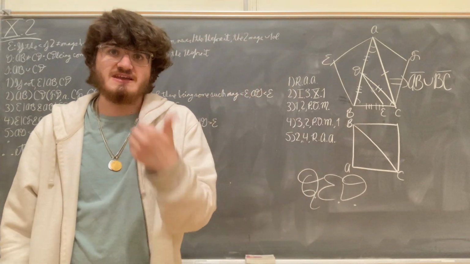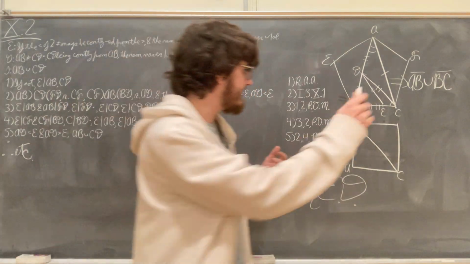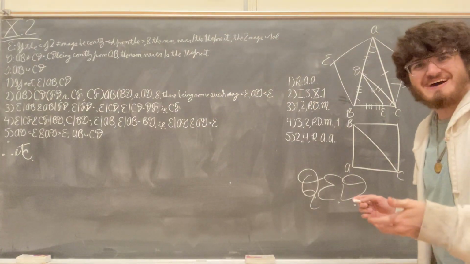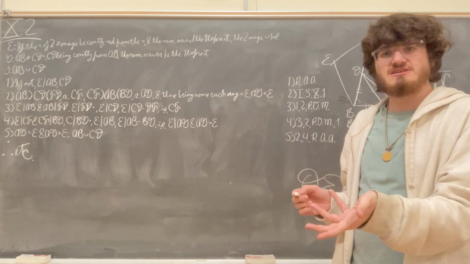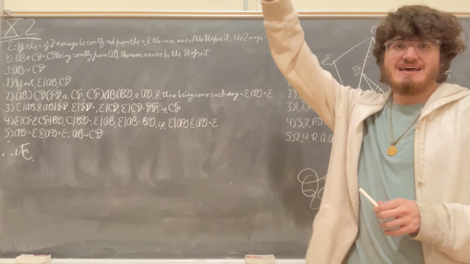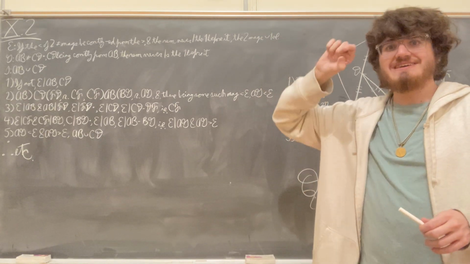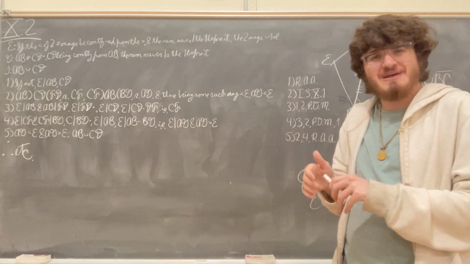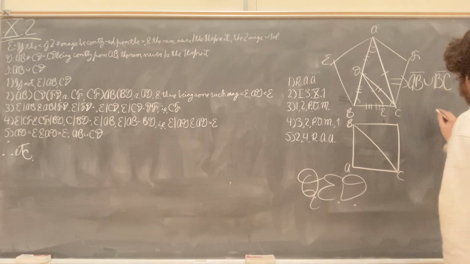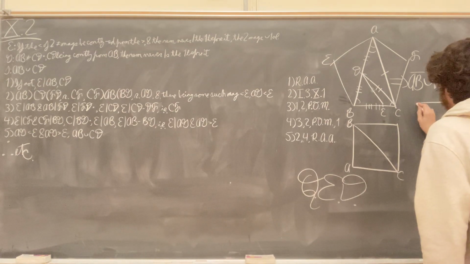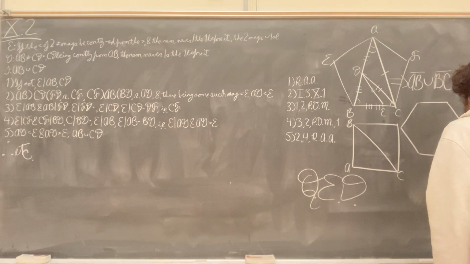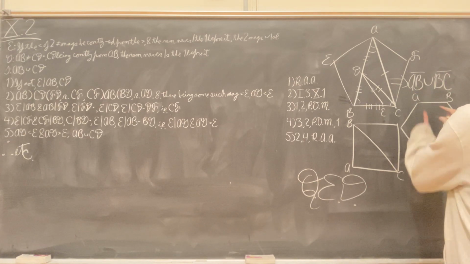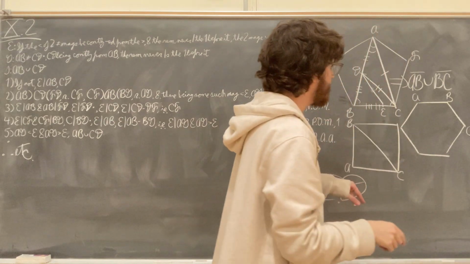Another example of incommensurable magnitudes hiding in regular polygons is the regular hexagon, which you might not expect because the regular hexagon is actually kind of nice. We know from the porism of proposition 4.15 that the radius of its circumcircle is equal to its side, so you wouldn't expect it to have something as ugly as an incommensurable magnitude in it, but alas it does. If you draw the regular hexagon like this, so say we have A, B, C like that, we have two sides of it, AB and BC,